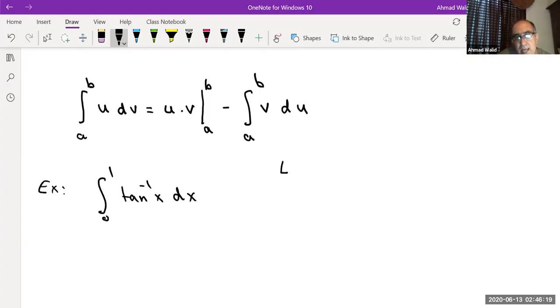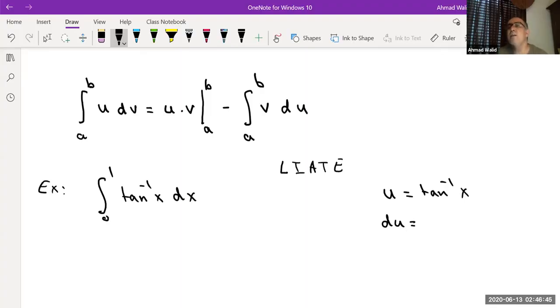Again, your word, L, I, A, T, E. I representing the inverse trigonometry, A representing algebra. Okay, inverse comes first. Then your u will be inverse tan x. Then du equals,